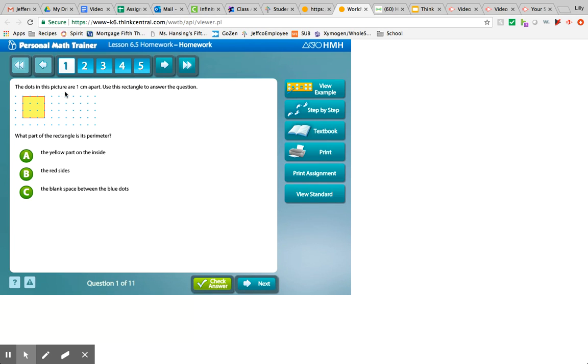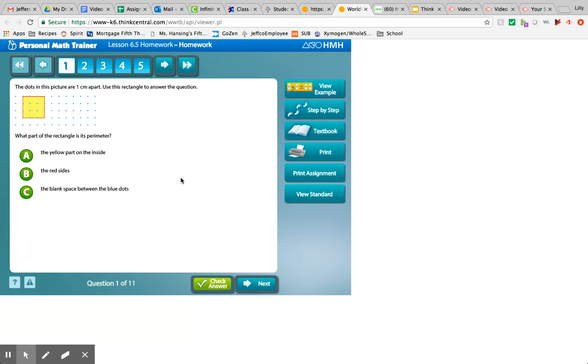The dots in this picture are 1 centimeter apart. Use this rectangle to answer the question. What part of the rectangle is its perimeter? Well, in order to answer this question, I need to know what perimeter means. So I have 3 choices here, but before I just pick one, if I'm really not sure what perimeter is,